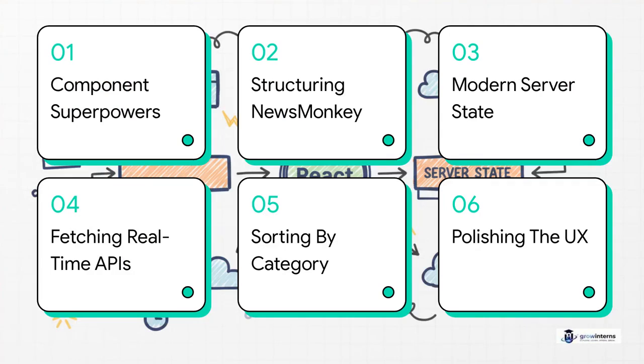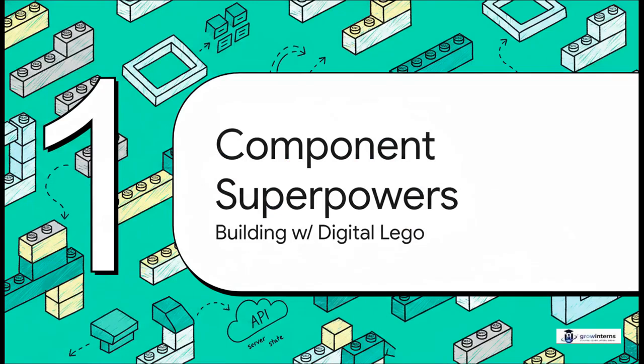So here is our roadmap for today. First, component superpowers. Second, structuring NewsMonkey. Third, modern server state. Fourth, fetching real-time APIs. Fifth, sorting by category. And finally, polishing the UX. Let's get to it. Starting with Section 1, Component Superpowers, or, as I like to call it, building with digital